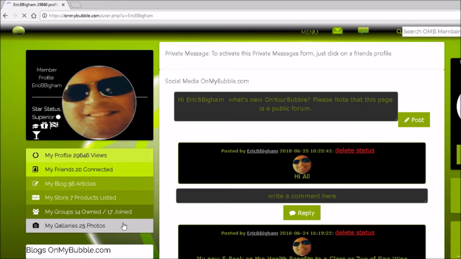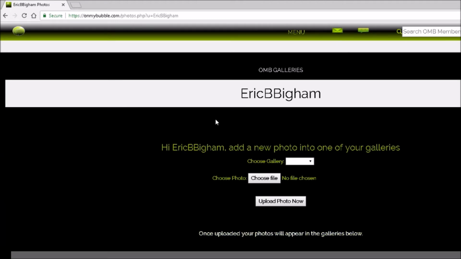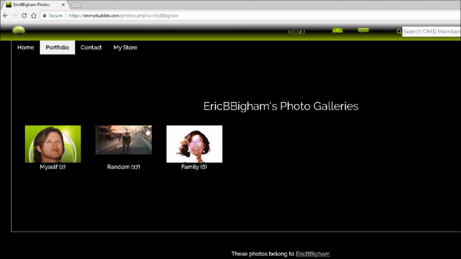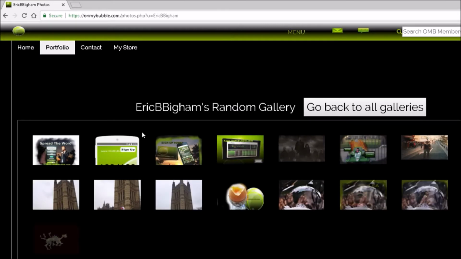And then finally there's the galleries, and the galleries are important for a couple of reasons. Firstly, by adding galleries to your page, people can look at the images, but the images can be uploaded and then linked to articles. So images that are uploaded and linked to articles carry more weight from an SEO perspective than images that are not uploaded. So you can link an image, excuse me, from anywhere on the internet